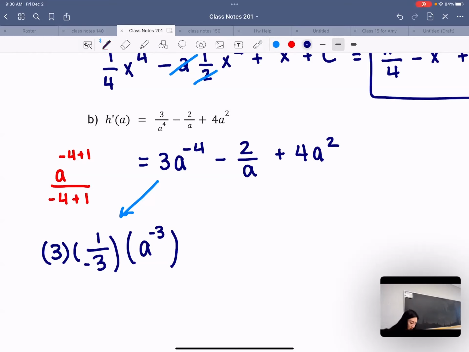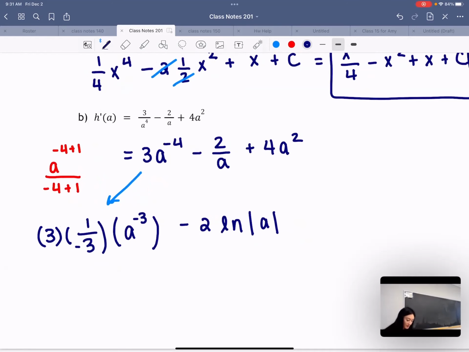Okay. What's the antiderivative of 2 over a? Natural log of x, natural log of the absolute value of it. Perfect, but then the 2 comes up front too, right? So negative 2 natural log of the absolute value of a. Remember, in part B on the last page, whenever we're taking the antiderivative of 1 over x, we have to put absolute value